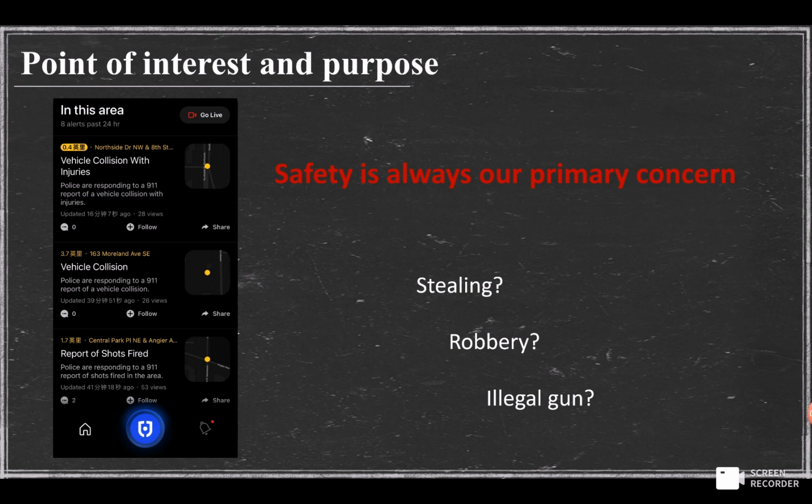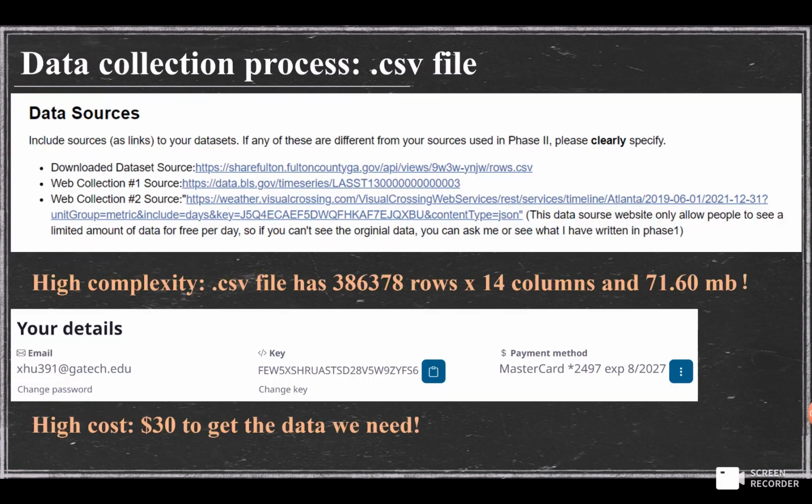That's a joke. It was not easy to find the dataset we needed. We needed to find three types of dataset: CSV, JSON, and HTML, and to find the central research value of the dataset. We found the CSV file first, and it contains data of criminal cases that happened in Atlanta over the last decade. The CSV file has many rows and columns and is 71 MB, so it's very large. We naturally wanted to find data related to the employment situation, and its HTML file, but what about